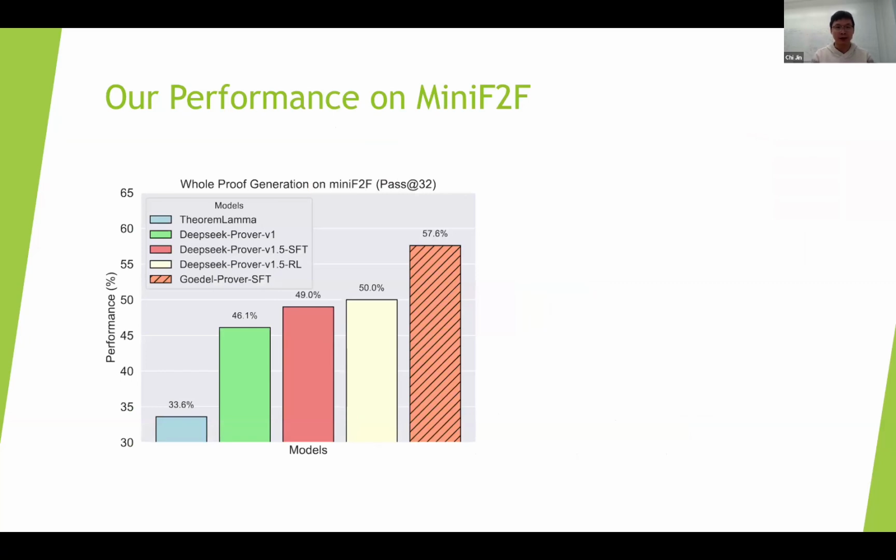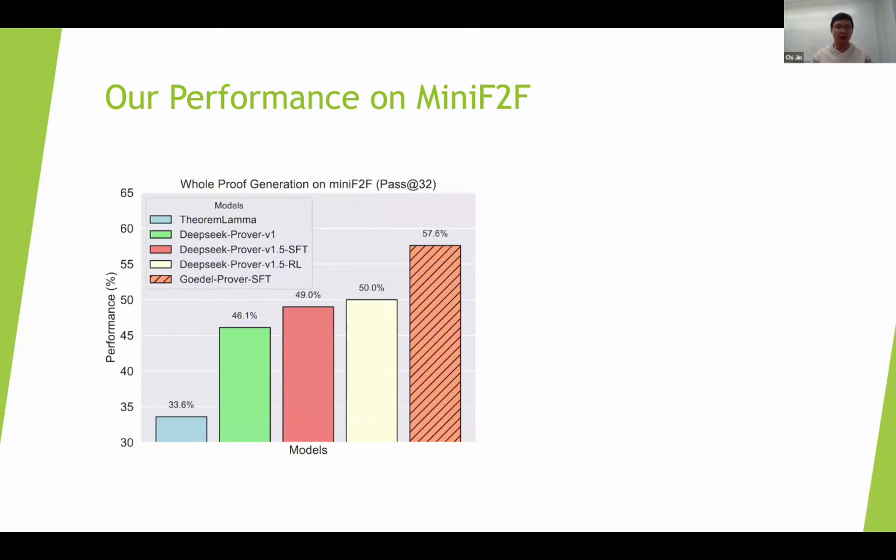Okay, so first, as promised, I will look at the miniF2F datasets. We first evaluated pass at 32, where the prior state of the art is DeepSeek Prover, which has some variance after supervised fine-tuning or after reinforcement learning. They achieve roughly 50% accuracy at pass at 32, which is a relatively small inference-time sampling budget. While our model at pass at 32 achieves 57% accuracy, which is 7% better than the previous state of the art.